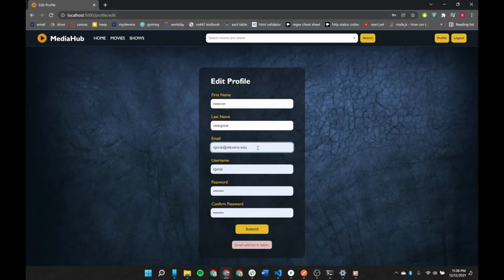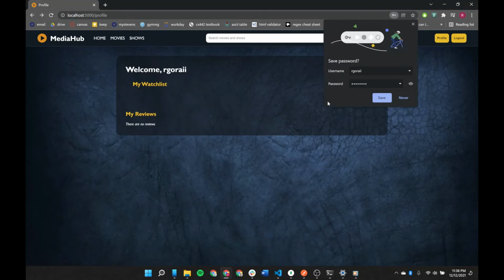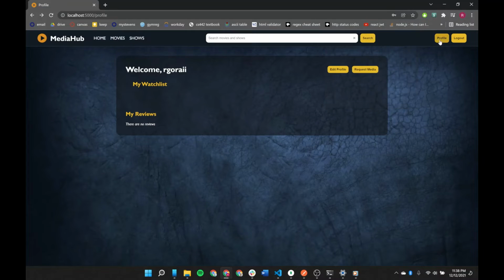But if you try to update your email address, it'll say that it's taken. So let's try changing our email address. Same thing with the username. And these error checks also go for when you're signing up. Same error checking happens. So now that we are redirected back to the profile page after editing,